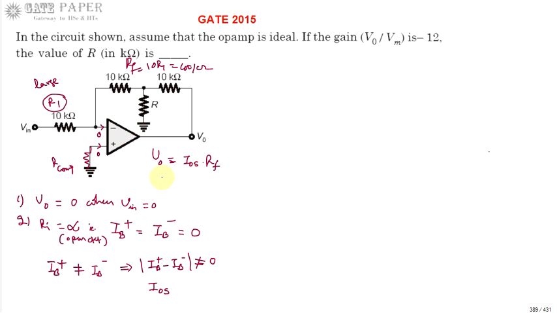So by that time V0 is going to be large, in terms of millivolts, for the IOS values. So you can reduce this IOS if RF is going to be reduced. So V0 reduces if RF is reduced. So this is a special T network